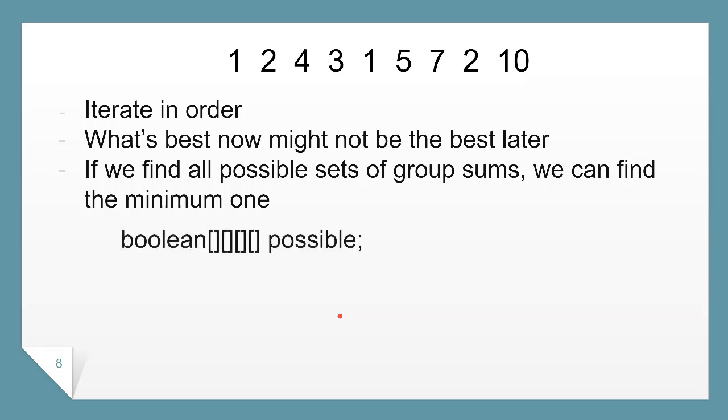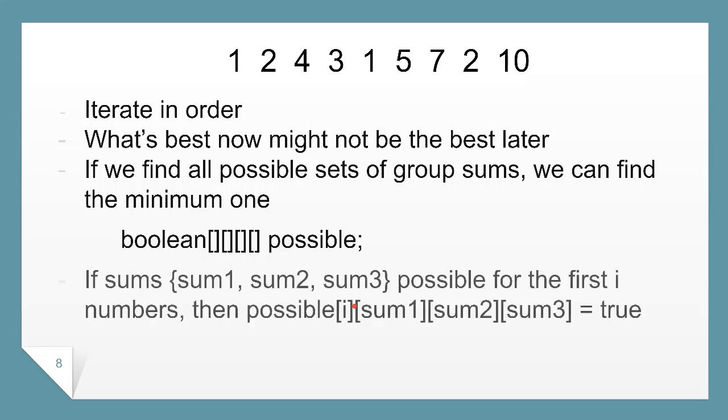Okay, so, God, this is ugly. We're going to start off with a 4-dimensional array that we call possible. And basically, that's going to mean if sum 1, sum 2, sum 3 is a possible set of group sums for the first I numbers,